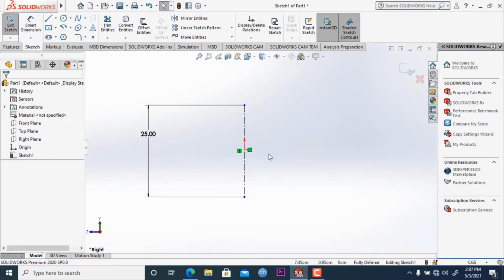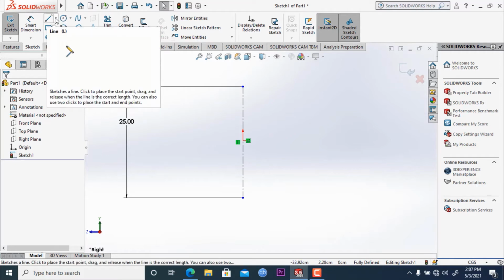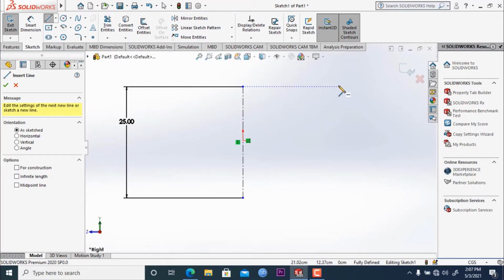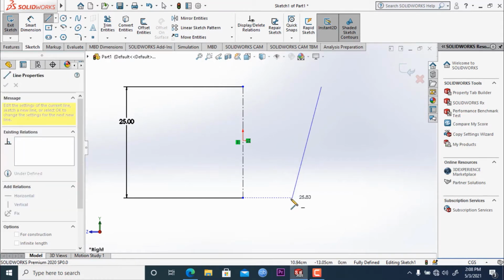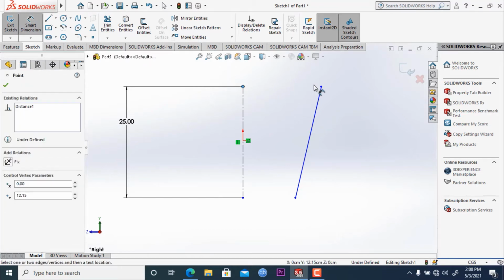Now let's draw some line from this point. Let's draw a line like this. Okay, let's click escape and let's give some dimension from this point to this point.